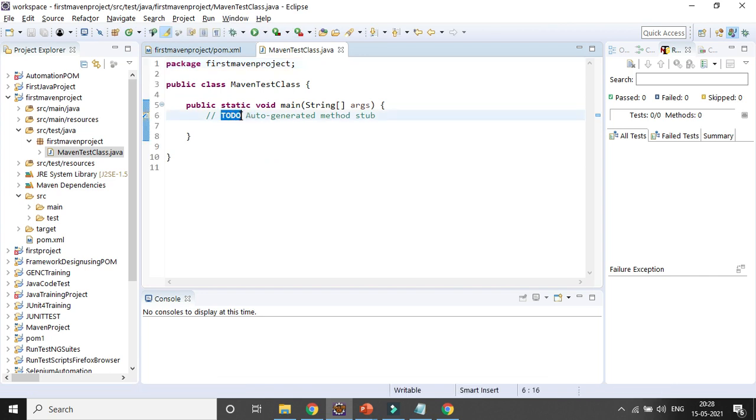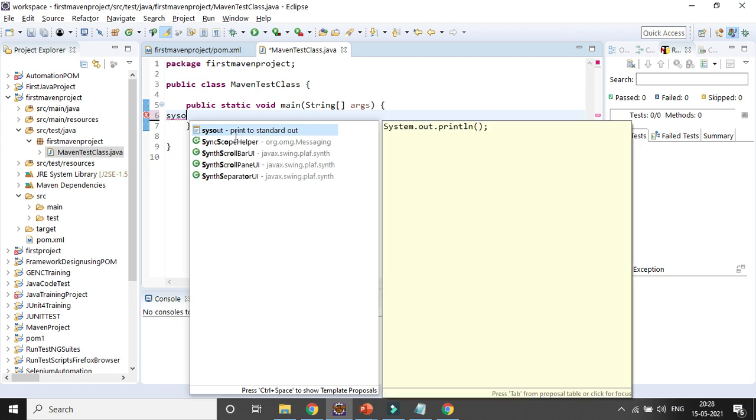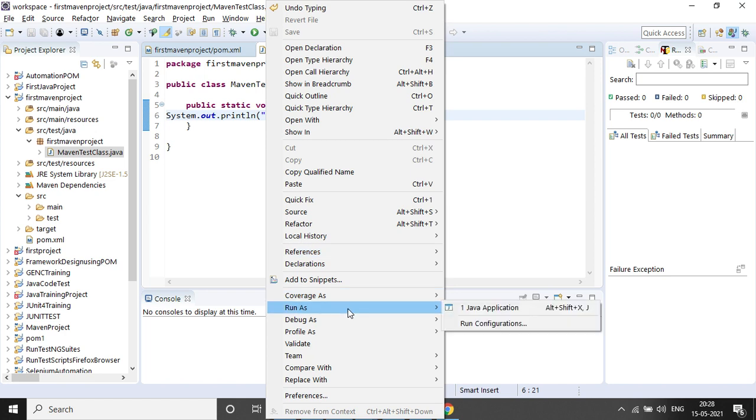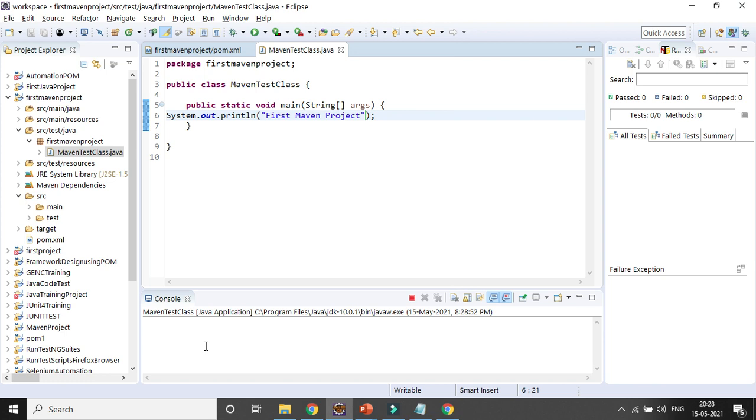I want to run it. Okay, first Maven project. Now let's try to run it from here. Java application, so it will give you that relevant thing. Same way we can.